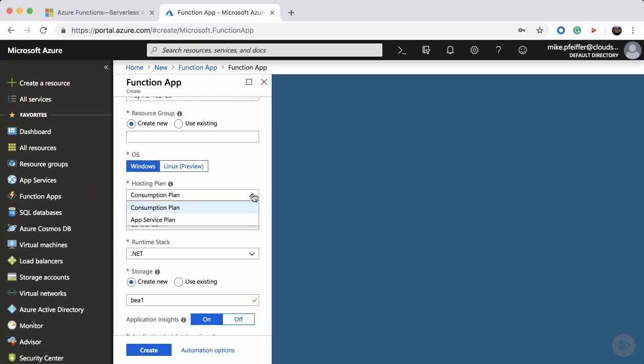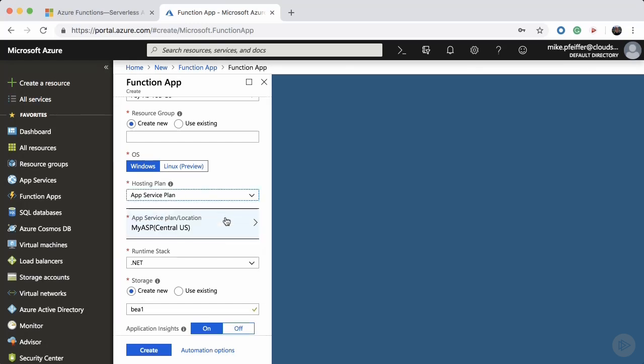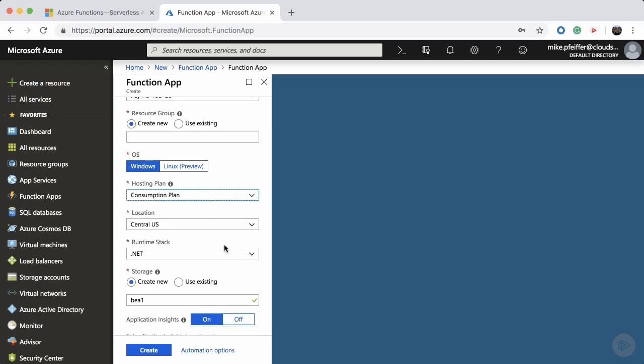Now, the alternate to this hosting plan is you can actually run your functions on an existing app service plan. And we know from experience that app service plans are a per month charge. And the different plans in there have different capabilities in terms of manually scaling and auto scaling. And so if you're thinking about serverless applications, it's going to be a lot easier for you to design a serverless application using the consumption plan, because you don't have to worry about scalability. You don't have to worry about eliminating single points of failure, and there's less idle resources that you'll have to pay for. So as a design consideration, you'll probably want to think about using the consumption plan for your Azure Functions,